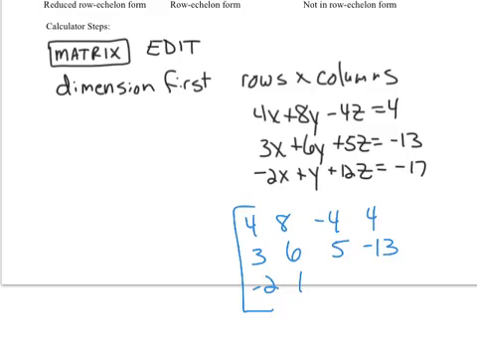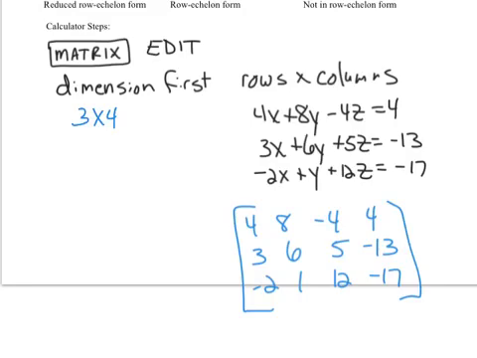So you write it out by hand first, and then we're going to dimension it. This has 3 rows and 4 columns. So the dimension you put in your calculator is 3 by 4. Again, we're going to do this again in class, so if you don't have a calculator with you, that's okay. And then once you put that in,